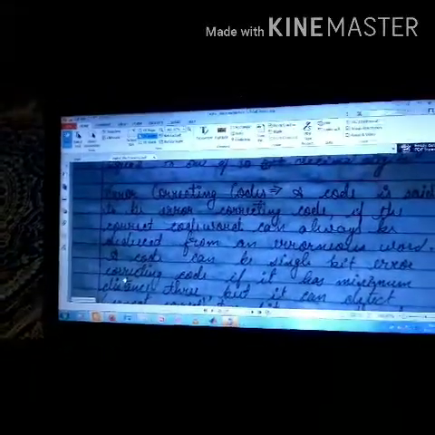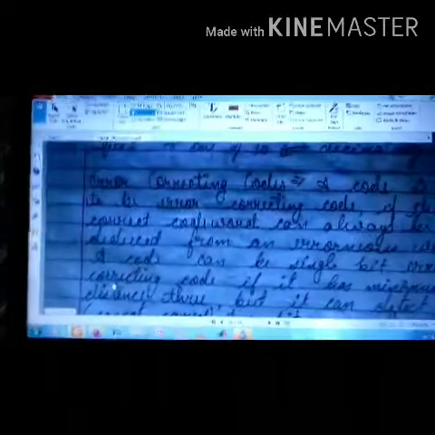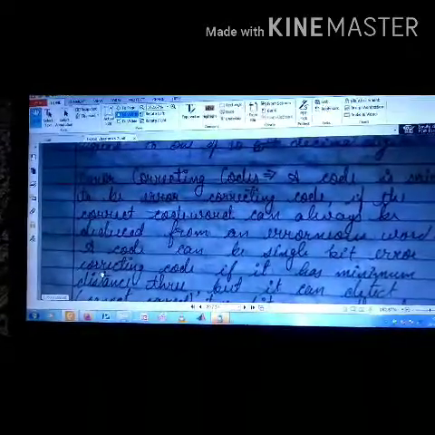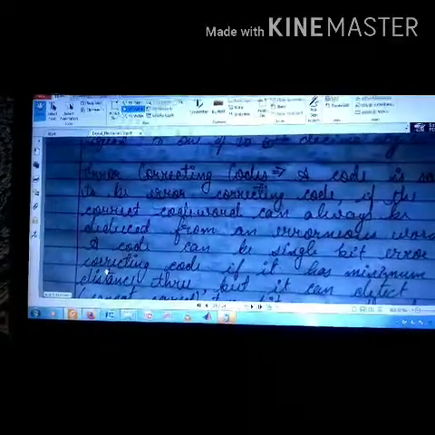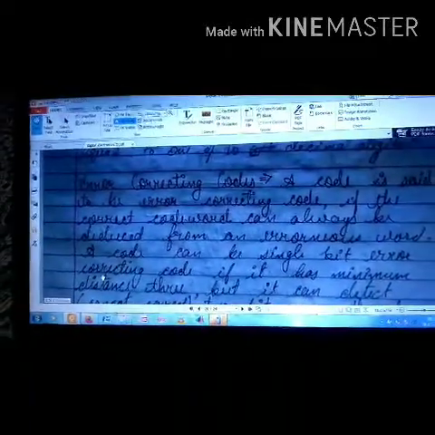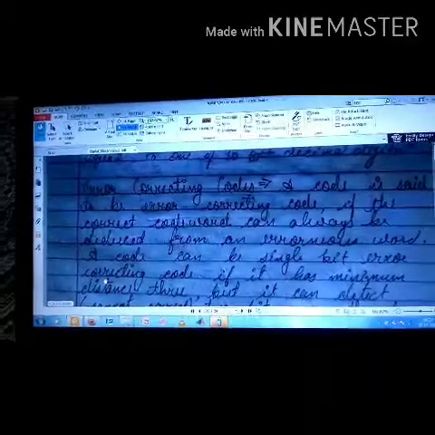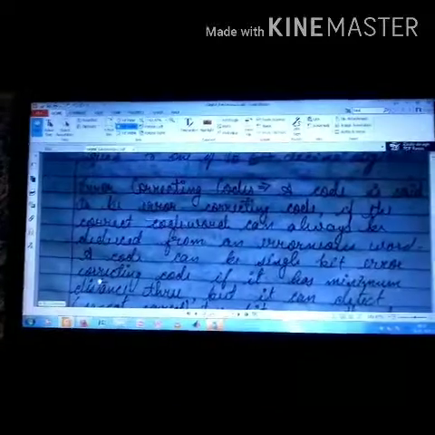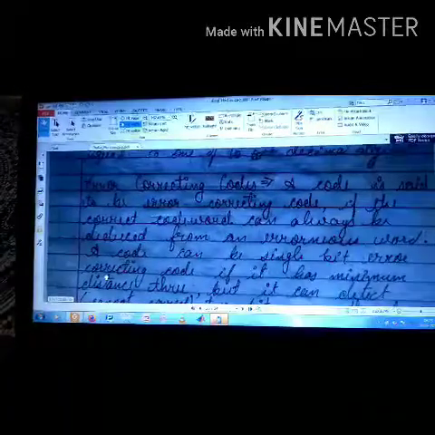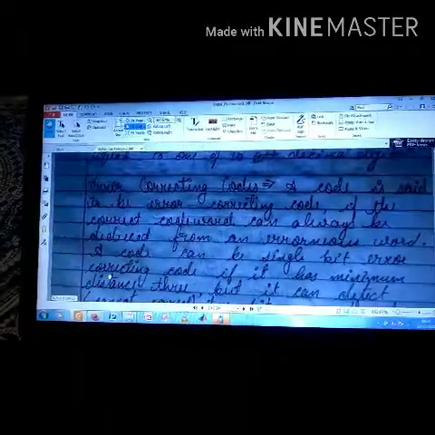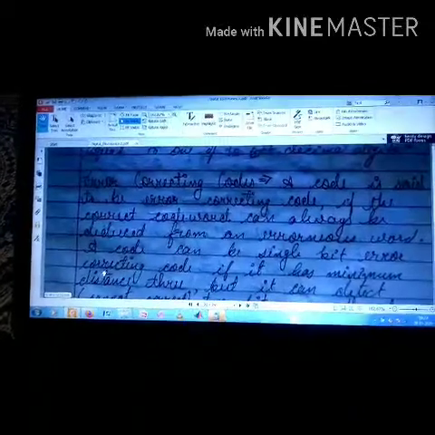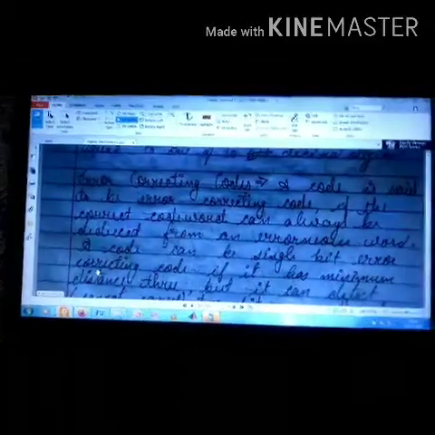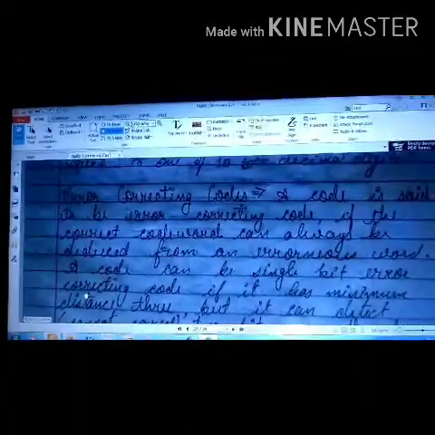Now in the present lecture we are going to look at error correcting codes. These are codes specially designed to correct at least 1-bit error in the transmitted code word, and they can detect more than one error in a code word. Hamming code is one of the most important of these error correcting codes, and most of the focus throughout this lecture will be on Hamming's code. So let us begin. Error correcting code.